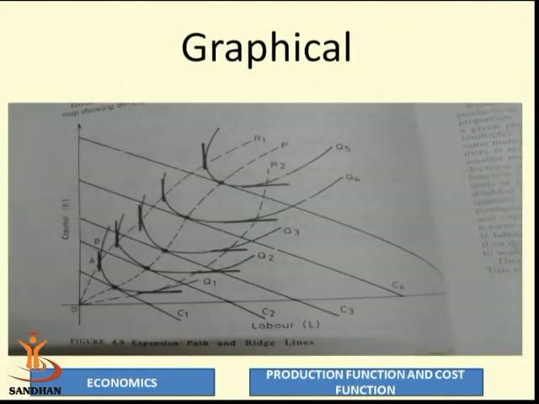If you could see a large number of isoquant curves, 1, 2, 3, 4, 5 isoquant curves are there, giving you 5 different levels of output. And then you have the isocost lines also. And then from the point of origin, 2 ridge lines, R1 and R2. The R1 and R2 are the ridge lines which bound the economic region. Every firm would like to produce in that region. That is the economic region of production, which is very, very important for a company to understand.